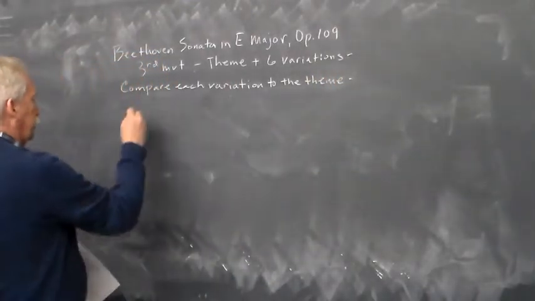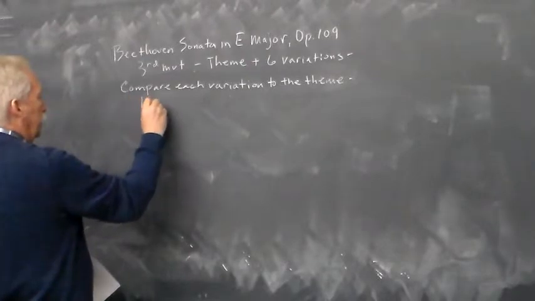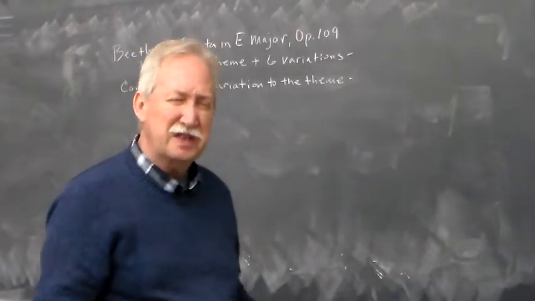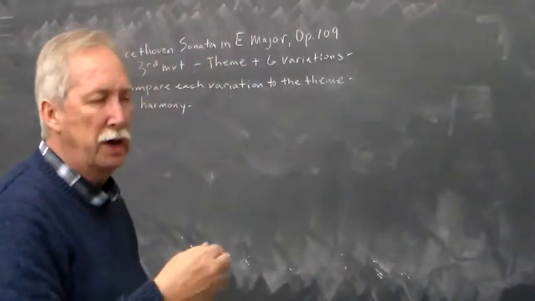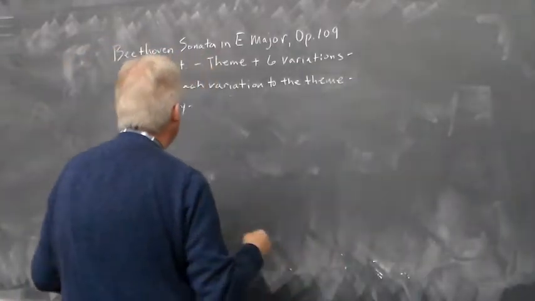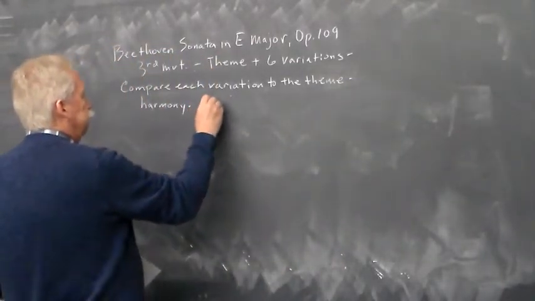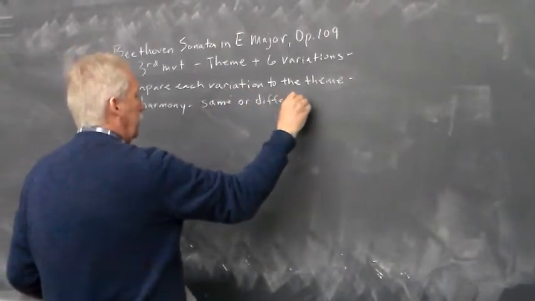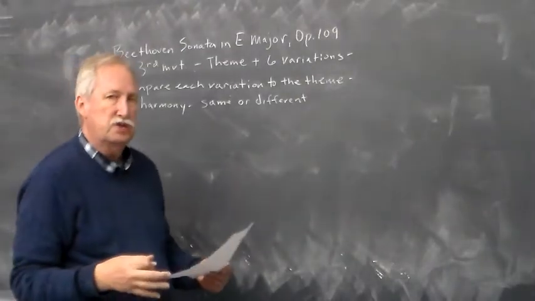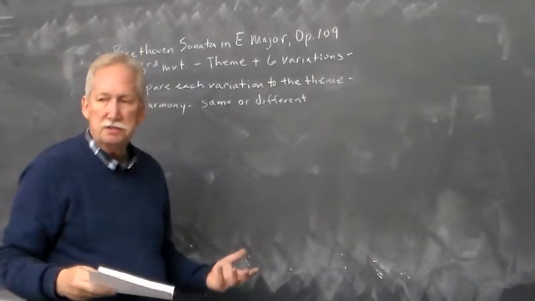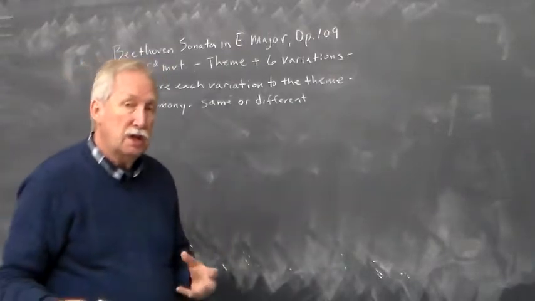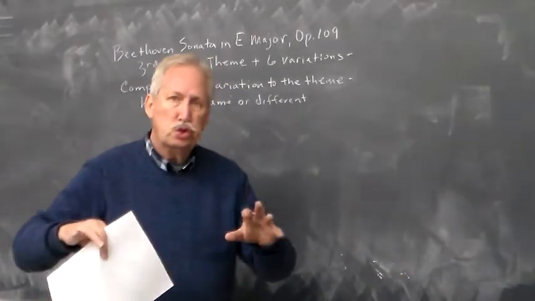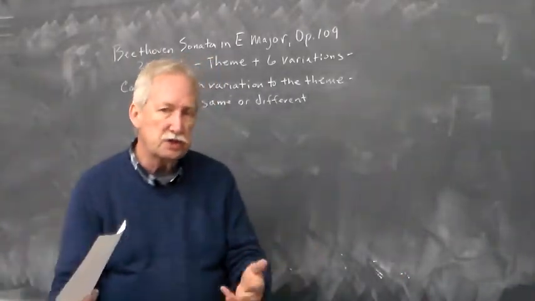So you're looking at the harmony. So, and in general, is it the same? It's not going to be exactly the same, but is the overall harmonic structure basically the same or not? So that's basically the way that you approach talking about a theme and variation movement, is that you're going to compare each variation to the theme, what's the same, what's different, and then you look for general features that might